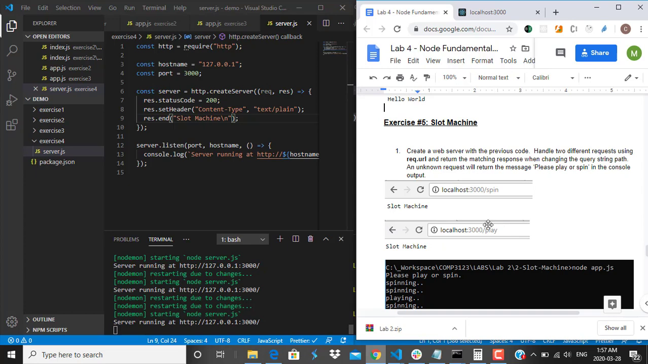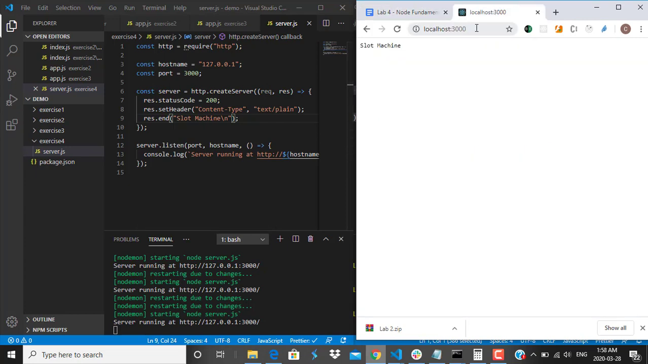So what we want to do here is, as we're changing the URL, we want to console log the different changes. That's what we want to try to do out of the box. If we were to hack the URL and do /spin, and if we do /play, it's going to return the root level by default. And one thing I didn't notice, inside of this HTTP object, there's a create server,